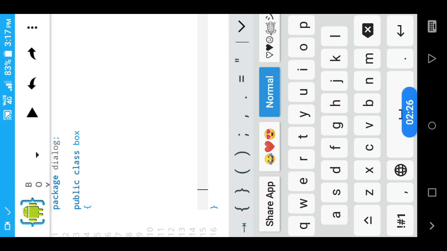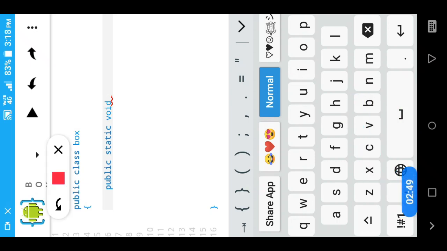Now you need to write the code as I have shown here. You can customize your code for the dialog box. Right here, write void, and you can name it anything.